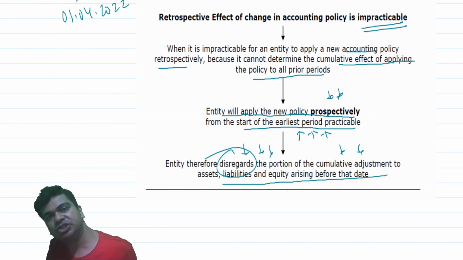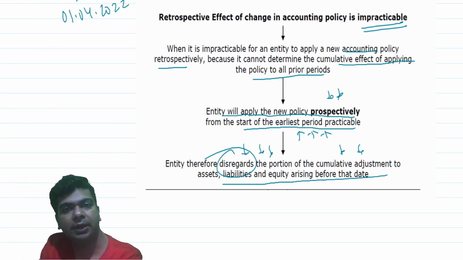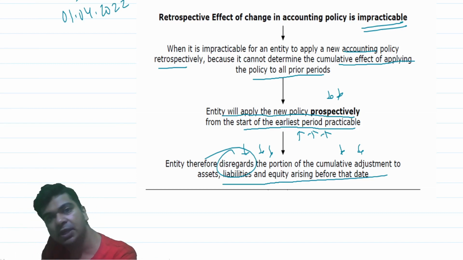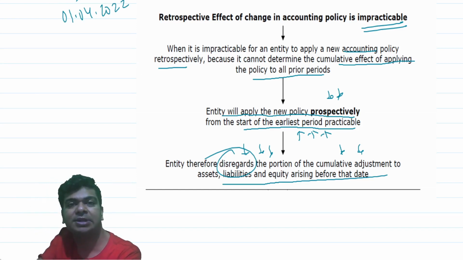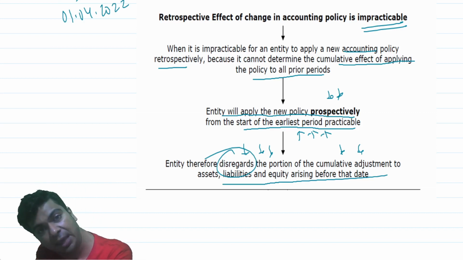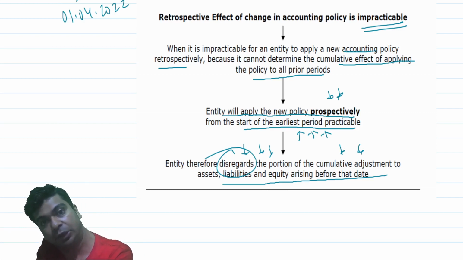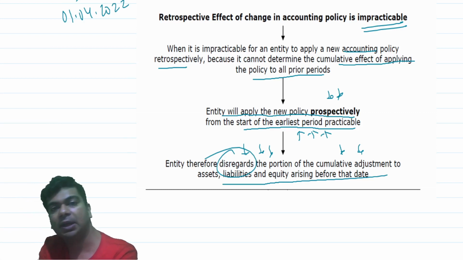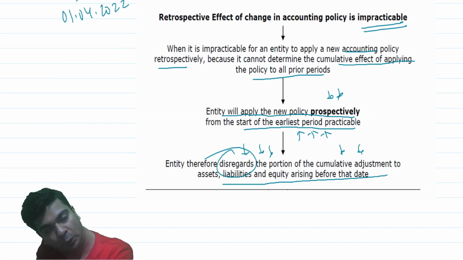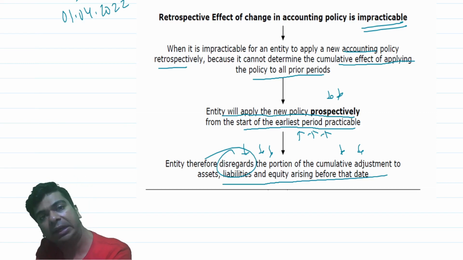But once the calculations have been done, the effect will be given in the similar manner. Effect for the current year in the current year, effect for the previous year, adjust the comparatives, and for the effect for the period before the preceding period, change the opening balances of the affected assets, liabilities, and of course the items of equity. And as per Ind AS 1, you will also have to present a third balance sheet. And of course, in the notes to accounts, you should give a full disclosure of the accounting policy that you have changed and what has been its ultimate material effect.